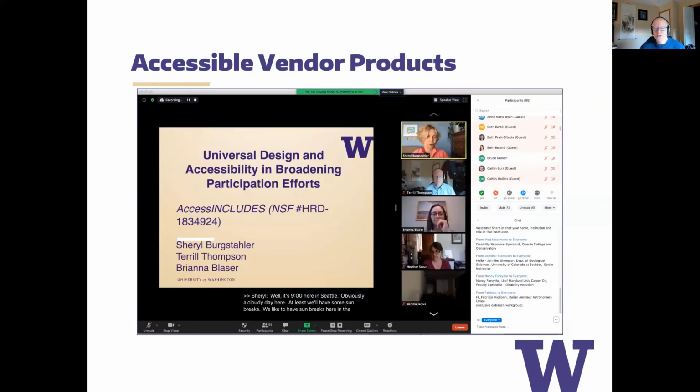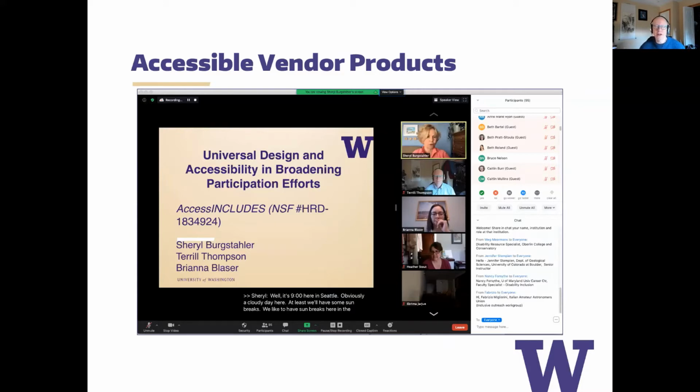With vendor products, here's a screenshot of Zoom, but we're actually using Zoom now. And so you all could actually try this. Just don't touch your mouse and try accessing some of the features. Can you tab around the interface, and can you tell where you are, and can you access the various features? The answer with Zoom actually is yes.